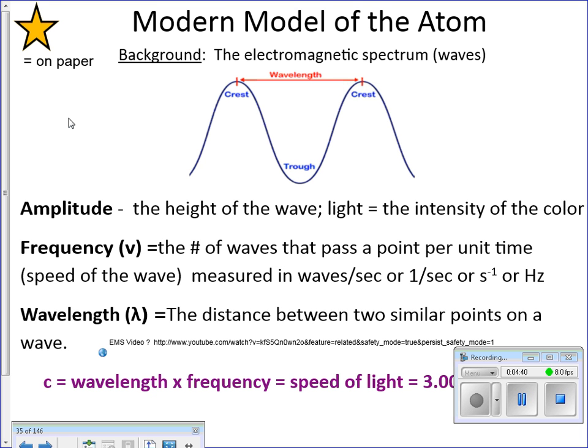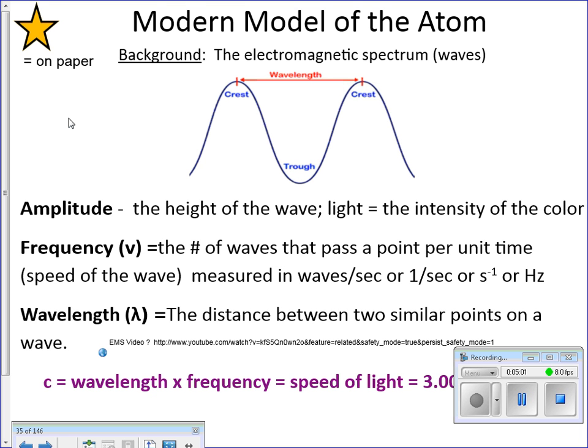Today, current, right? Historical model means what? Old. So Dalton's model, J.J. Thomson's model, Rutherford's model, they're all kind of outdated. The very beginning ones are for sure outdated. Rutherford's model is